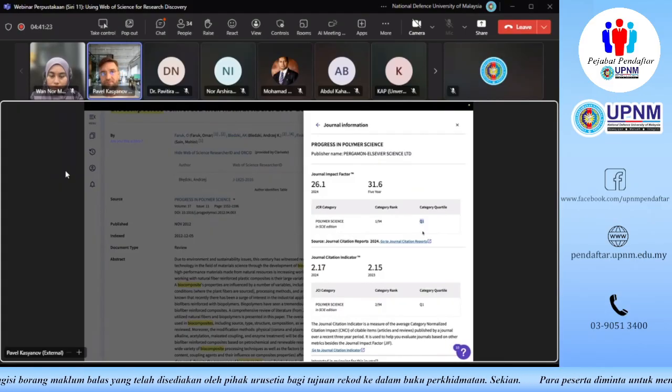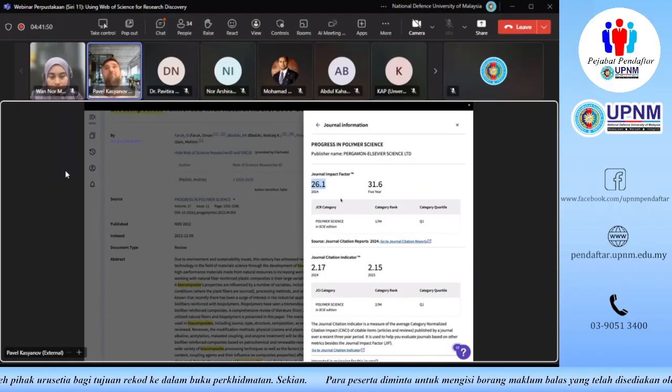So sometimes at this point we have a question of what journal quartile means, and let me try to explain this very quickly. The journal impact factor itself is 26.1. This is probably the value you're not going to see in your access. Is this a high number or a low number? Well, if you've been working with journal impact factor for quite a while, you can say that yes, this is a high number.